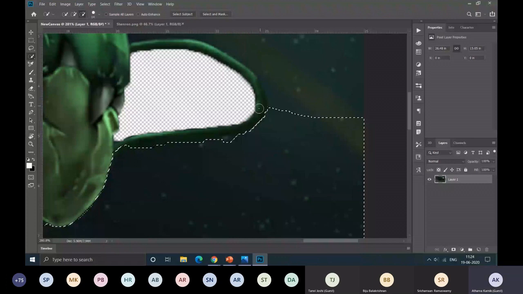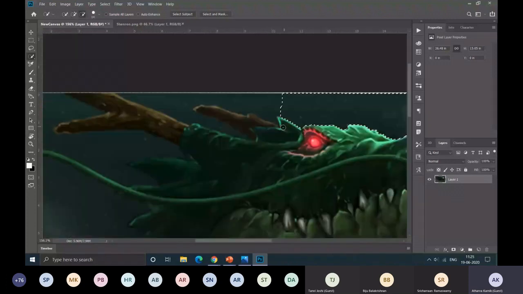The quick selection tool is very easy to work with, but just have to practice with it. So I'll just deselect this part beforehand, as I know this part is going to be selected as there is a lot less contrast. So by doing this, you'll see that the selection will be faster. Now as I try to select, it is not selecting this part, even though the contrast is not much.